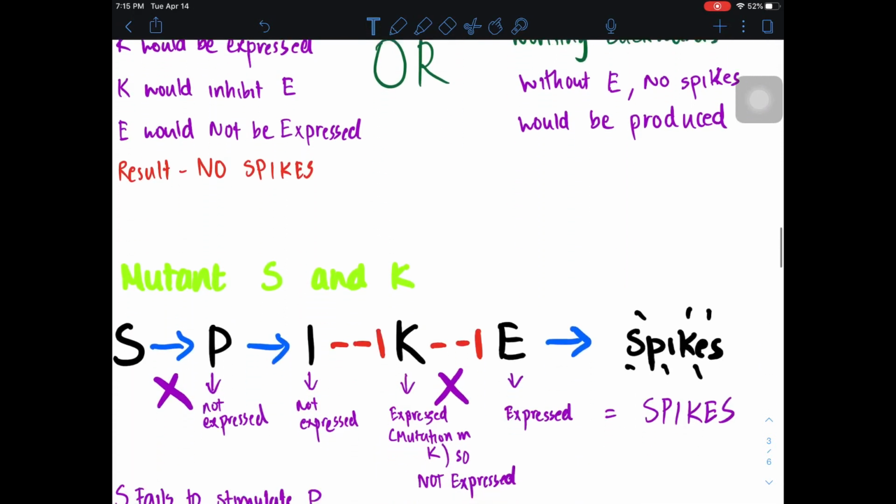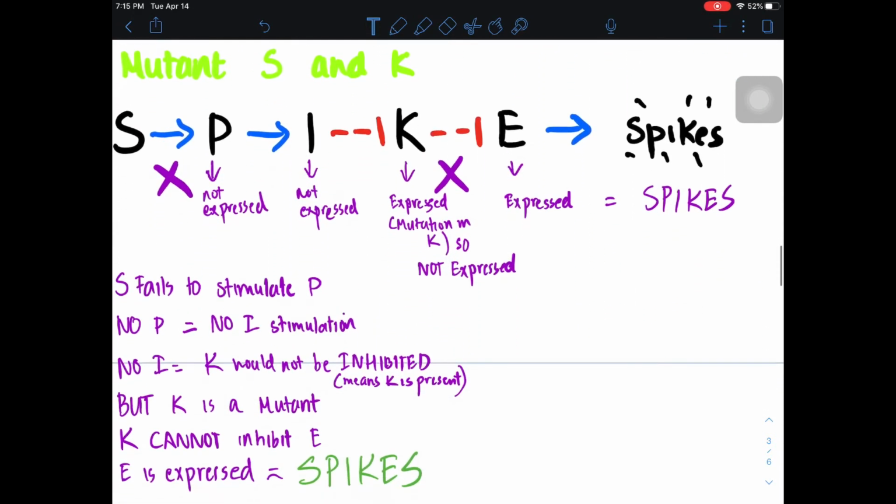For the last scenario, there's a mutation in S and K. Mutation in S would result in failure to stimulate P, and without P, I would not be stimulated. And with no I, K would not be inhibited, so K would be present. K would be present, but in this case, there's a mutation in K as well. This means K cannot inhibit E, and this would result in E being present, and E can stimulate the formation